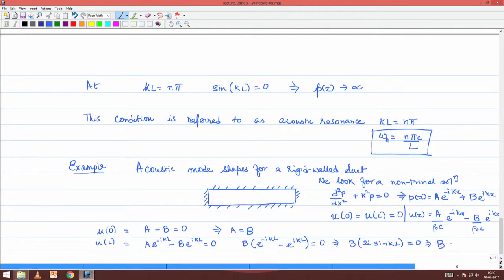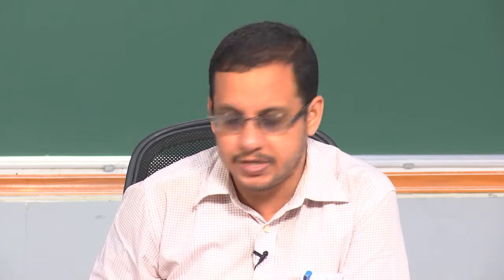So, the condition which we are getting is B times sin kL has got to be 0. This would mean either B equals 0 or sin kL equals 0. But if B equals 0, then A is also equal to 0, which means we will end up with the trivial solution. The trivial solution definitely does come out as a part of this derivation process, which is intuitively pretty clear, that there has to be a trivial solution of A equals B equals 0, but the trivial solution is not of our interest.